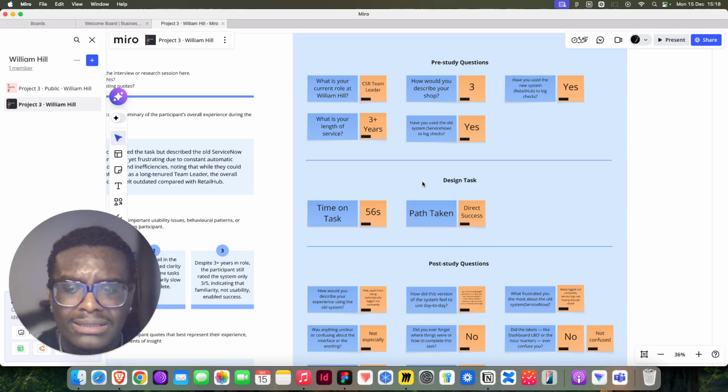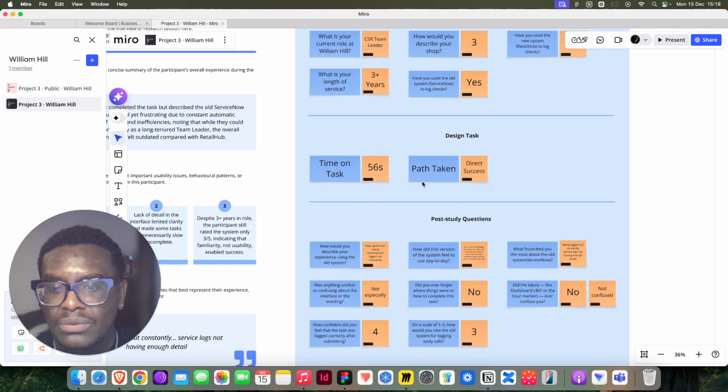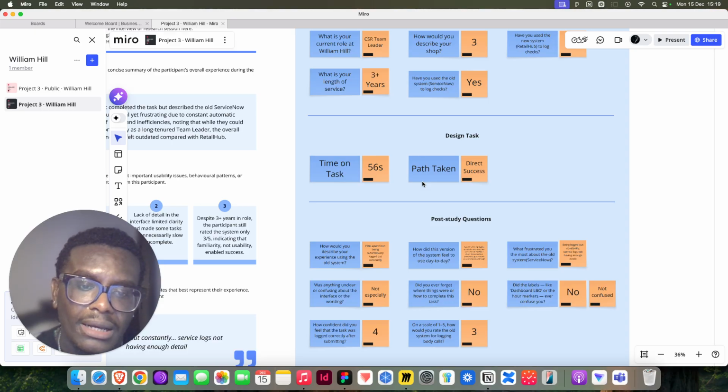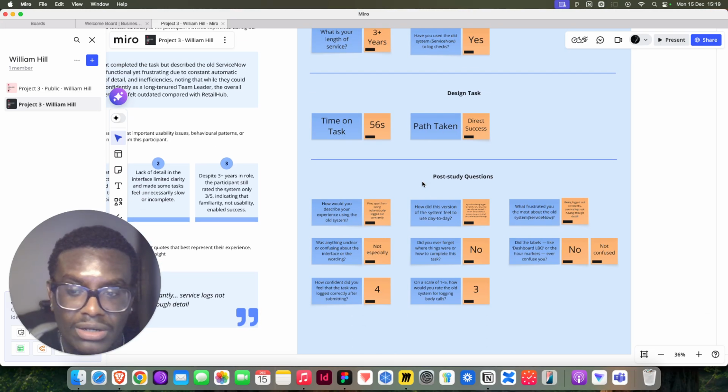The design task was pretty simple. It was just to log an actual check. The time on task, in my opinion, is not really relevant, but still somewhat relevant. But yeah, the main thing here is the post-study questions. So a lot of the stuff was done